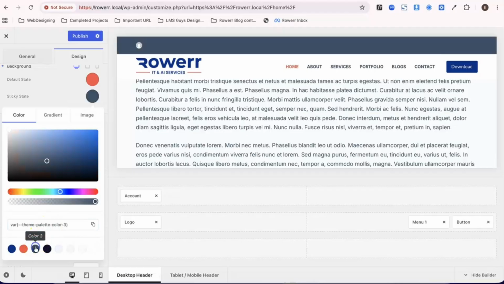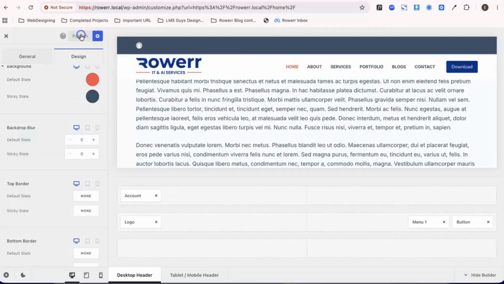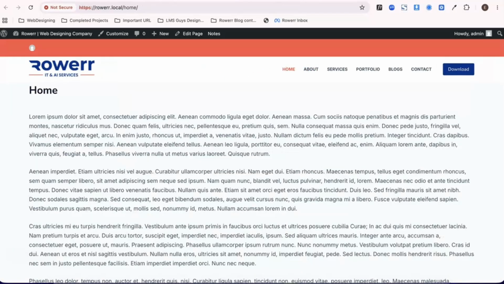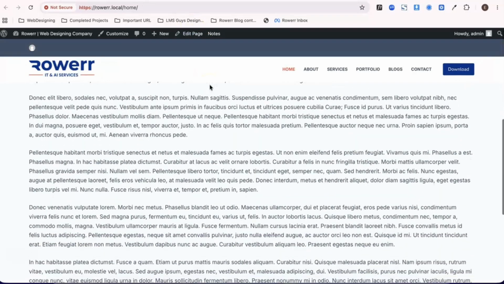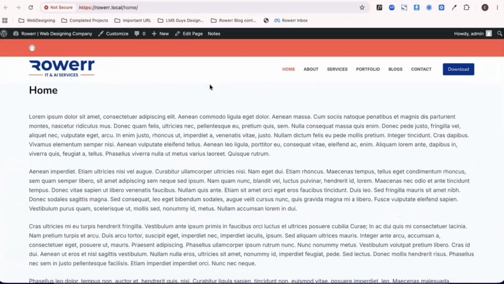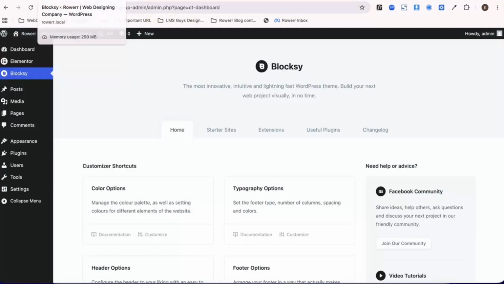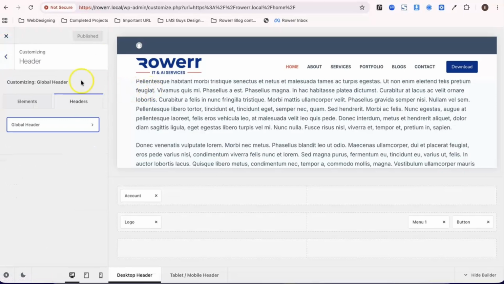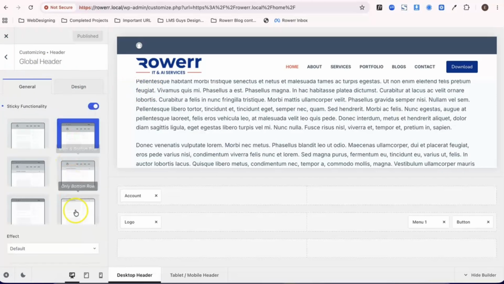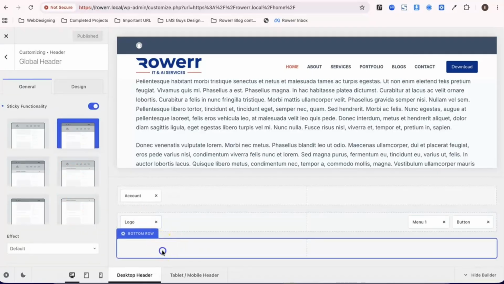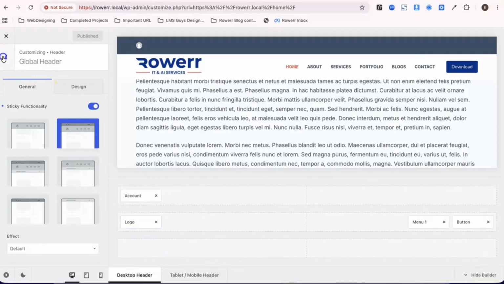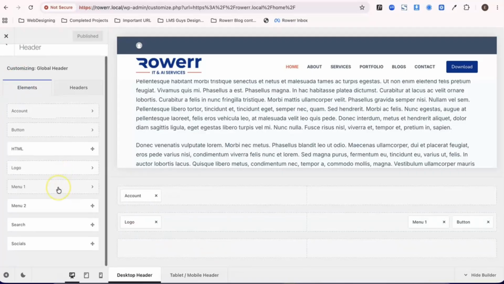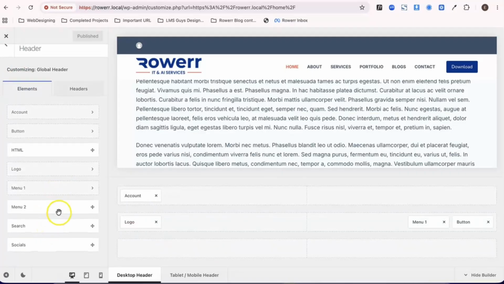Sorry, it's not clicking. Yes, now publish, go back, refresh. Here you can see the difference. And now let me show you again. We have some more options, like we will go back to the header, global, and okay, we will add a widget here. Go back, elements, and from here let's add